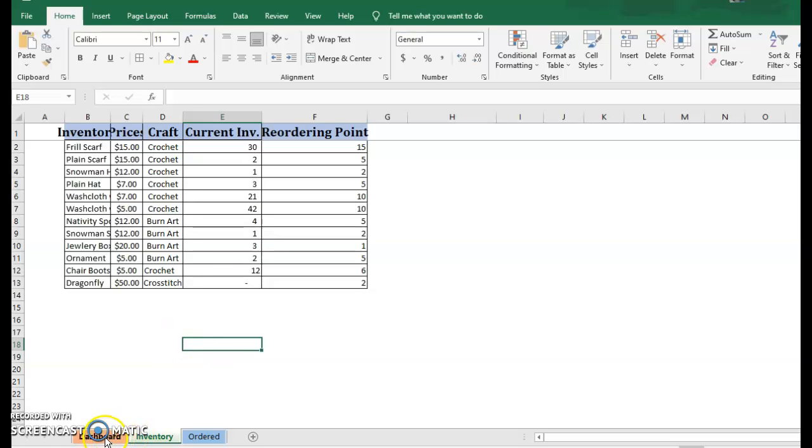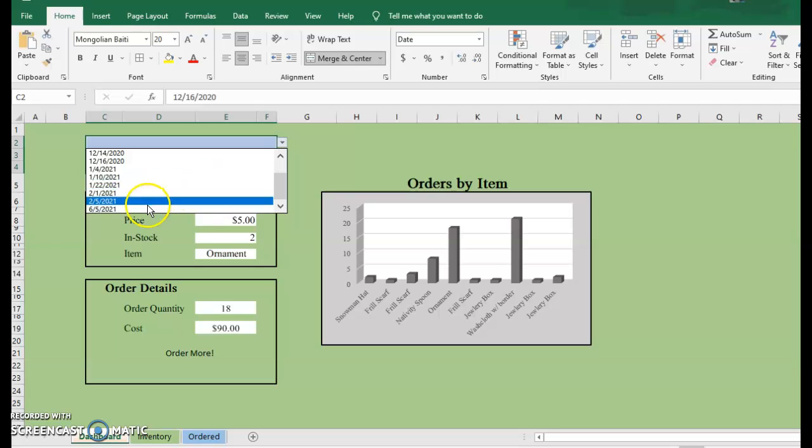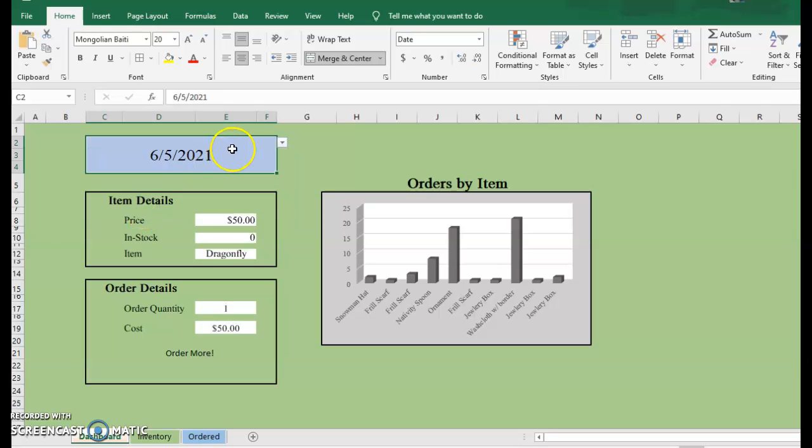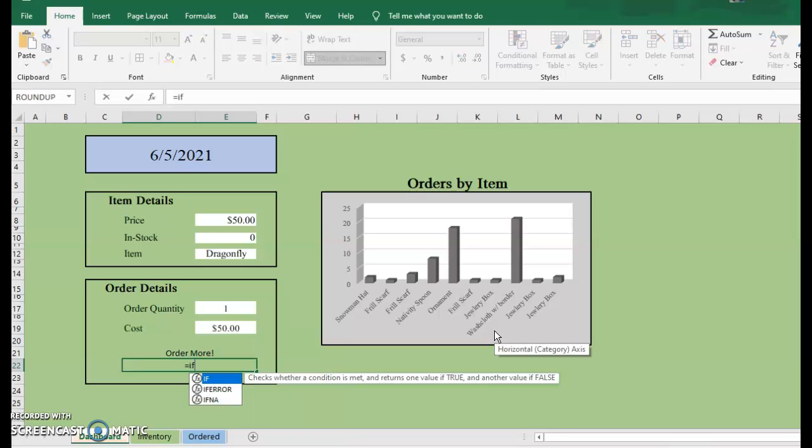inventory here, which means it should show up in here, right there, June 5th. So now when I put that, we've got order quantity of 1, but it's in stock 0. So we want it to say, not only do we need to order more, but we want a bigger alert that's going to say, hey, we're out of stock. So here's if